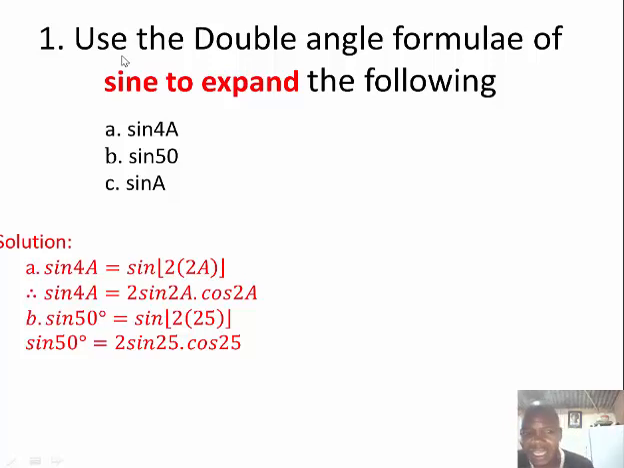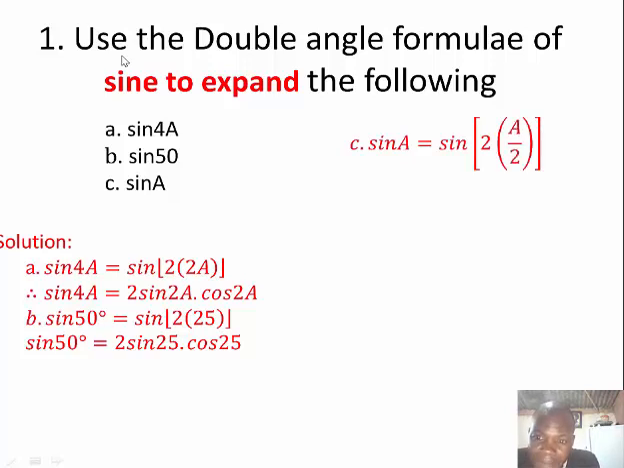Now we'll be looking at a very important one, C, which is sine A, right? For sine A, on the other hand, let's do this. Sine A equals sine of 2 brackets, you have your A over 2, and then you cancel out the 2's. So you'll have 2 sine A over 2 times cos A over 2. So remember, this is also another important double angle